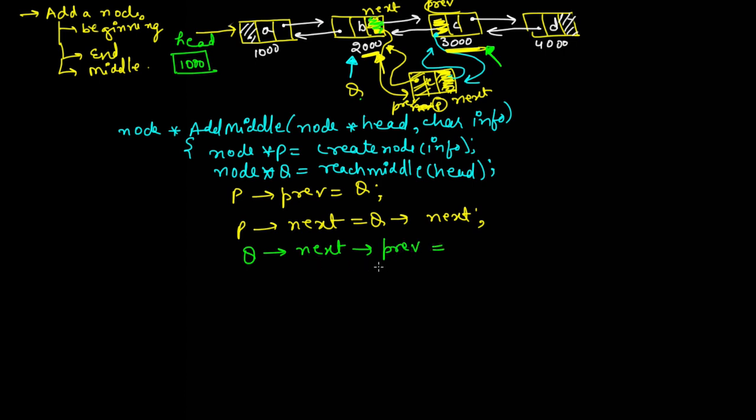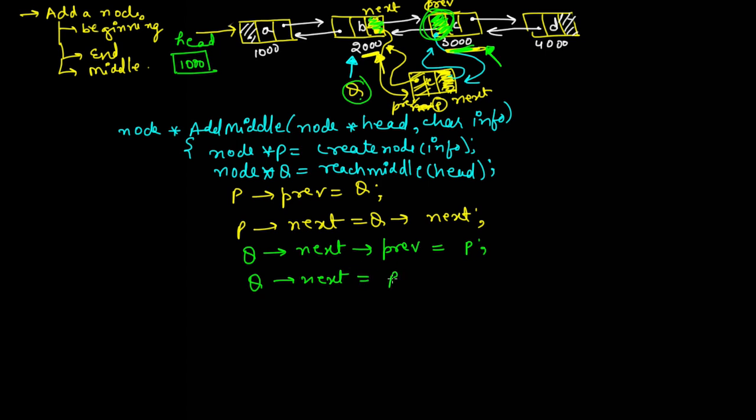Okay, so what does it mean? It means that if Q is pointing to this node, from this node I'm going to access the next part, and this next part is pointing to this node which has 3000. And in this address 3000, in this previous position I want to store some address, and in this position what I am going to store is equal to address of P. That means this position now is pointing to P, and then we have to do Q arrow next is equal